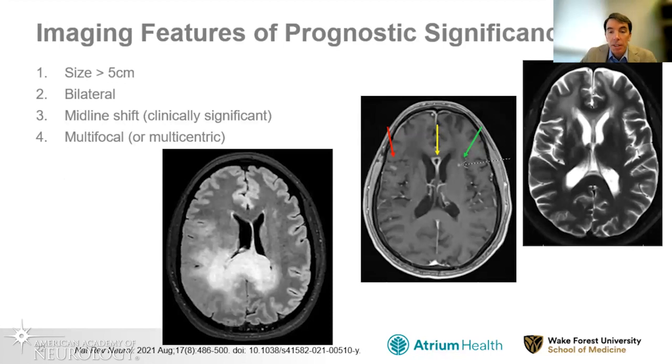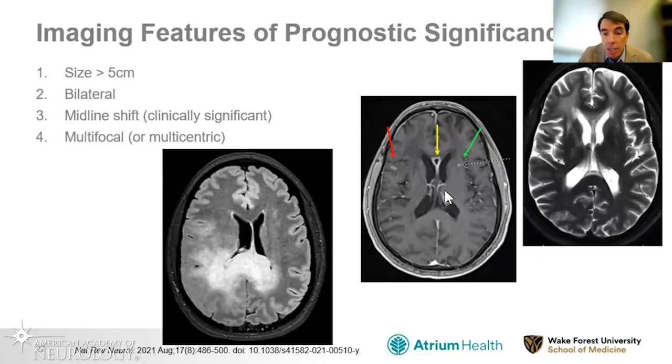But before we get there, I do want to hit a couple of things about imaging features that are important for prognosis, because we want to know about enhancement, and then we want to know on that imaging what really makes us concerned. That would be a large tumor that's greater than 5 centimeters, a tumor that's bilateral, and you can see here the classic butterfly glioma, this lesion that's enlarging the entire corpus callosum. It's extending into both cerebral hemispheres. It's having that butterfly wing effect around the corpus callosum, so it's present bilaterally, where there's midline shift